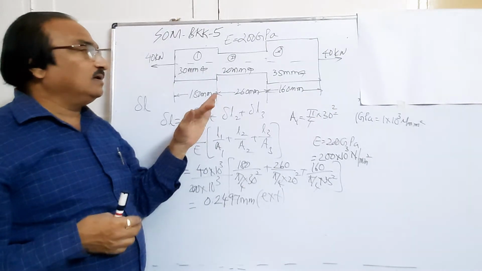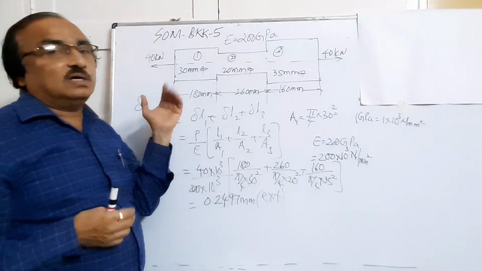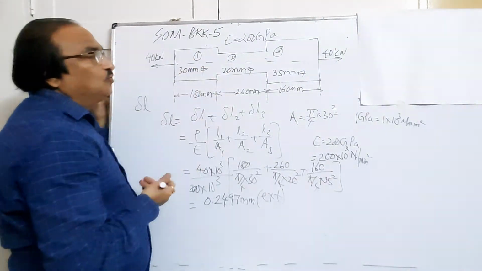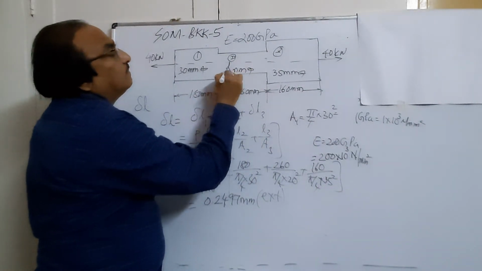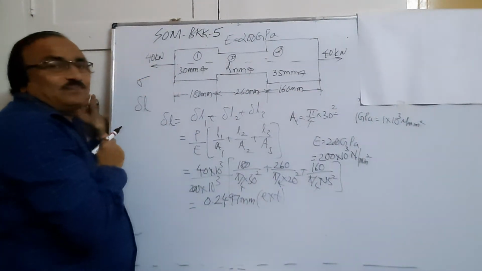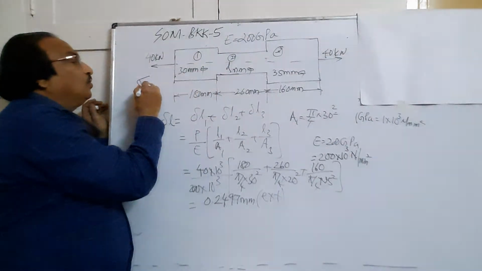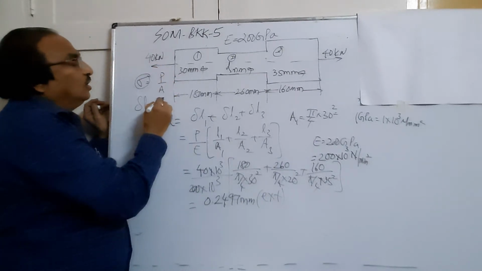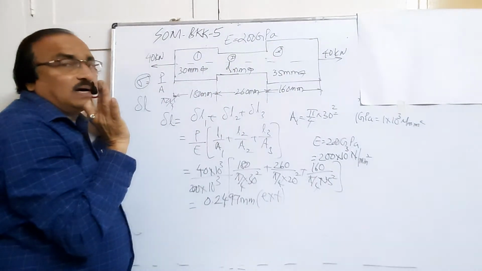There is another category of problem wherein loads will be different at different sections. You will have to find out the net deformation of the member. Now see here, in this problem, I can twist it. I can ask you this diameter and give you the stress. Once you know the stress, it is given by load by area. You know the load, area will be in terms of diameter square. You can find out the diameter of the bar.